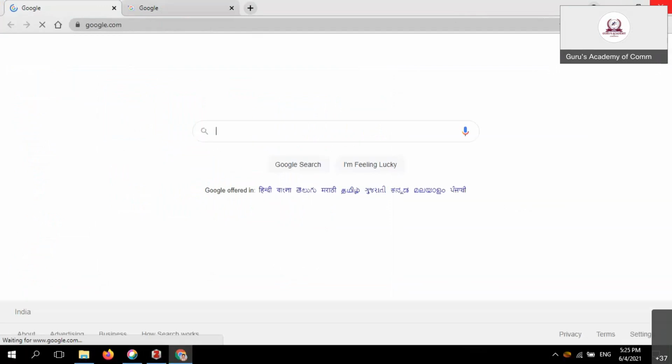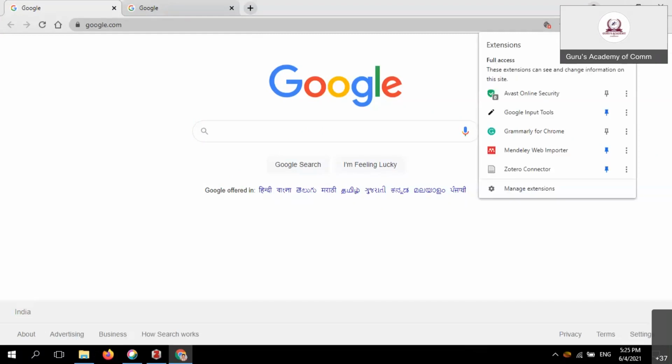Okay. Side by side, you make sure about the Zotero connector. From the extensions we have, on the right side at the top, you go to the right side from the top area. Everyone should have this Zotero extension. This is how the Zotero extension looks. If it is not visible in your Google Chrome, please click the extension.